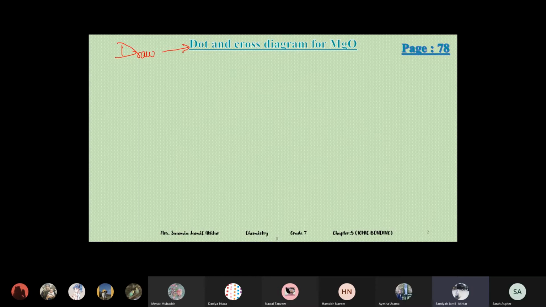Before drawing the diagram, you have to do a little rough work at the start, because you have to make the diagram after the transfer of electrons. When you write the electronic structure and the transference of the electrons, then you know how many electrons will be transferred, how you have to draw the diagram, and what the charges will be. So first we'll do rough work. It's magnesium oxide. From the periodic table you can see the atomic numbers: magnesium is 12 and oxygen is 8.